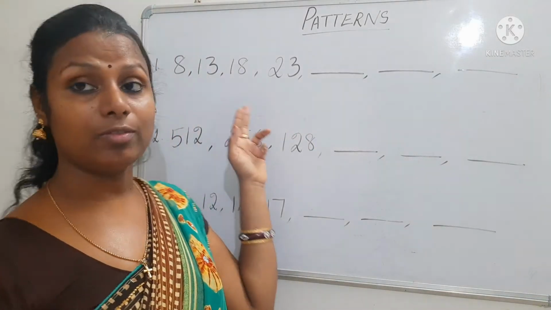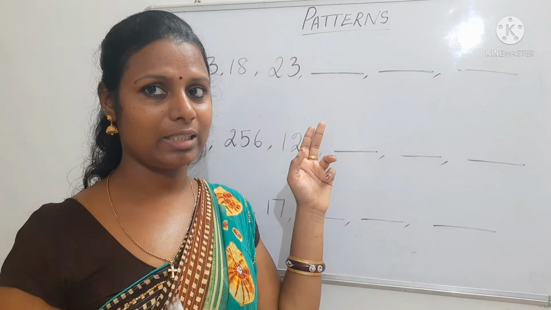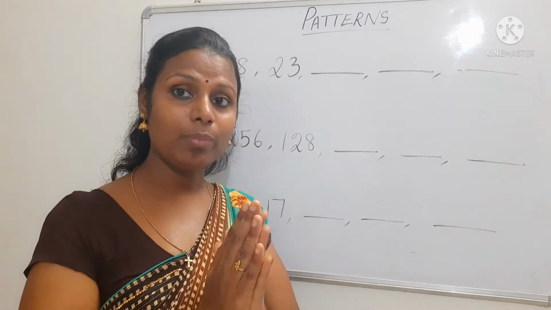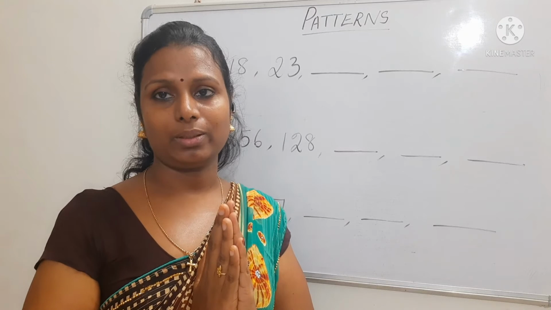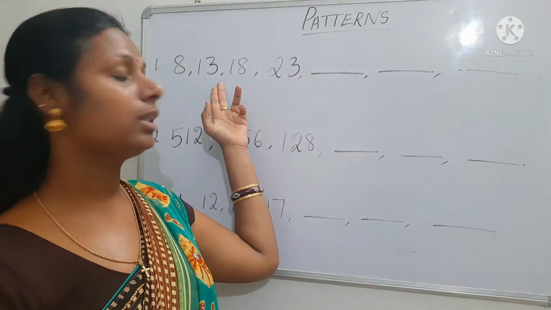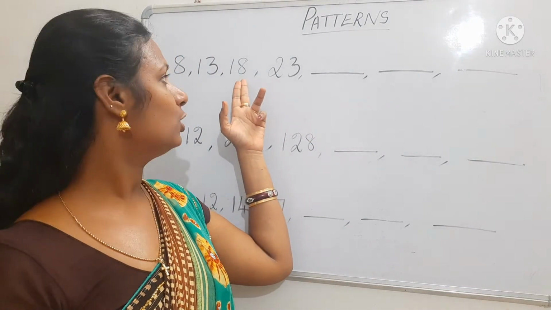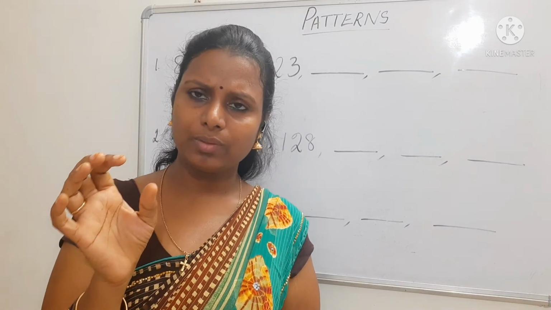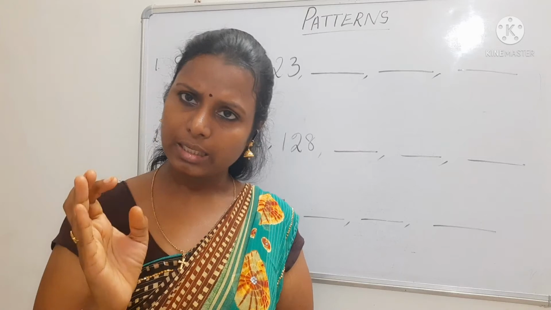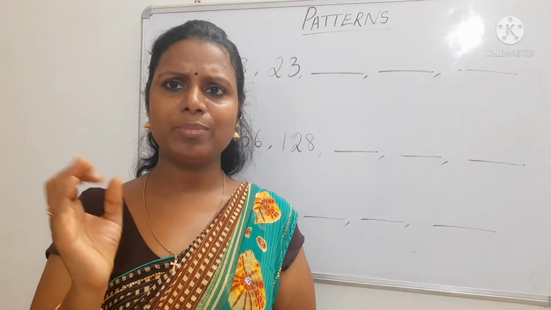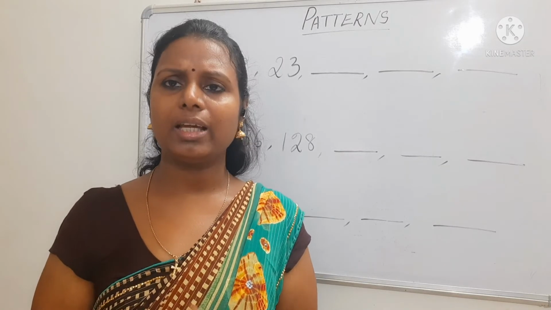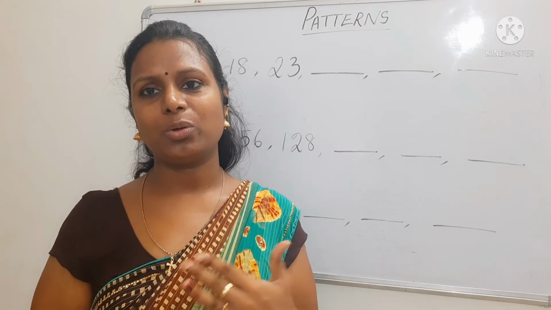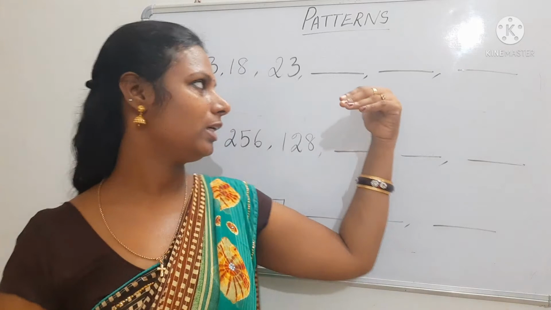Then we have to confirm that, isn't it? That is the thing I explained in the previous video. We have to confirm the same thing with the third number. The third number you see, 13 के बाद 18. So 13 plus 5, 18. That means with the first term they added 5, with the second term also they added 5. That means it is just addition. They keep on adding 5 each. So we are going to follow this sequence for this question.